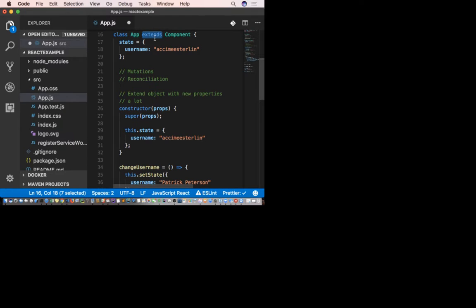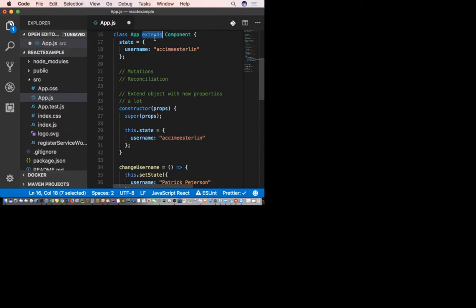Is that clear to everyone? Any questions? All right, so by now I'm hoping that everybody here can create a state. Can you? Okay.